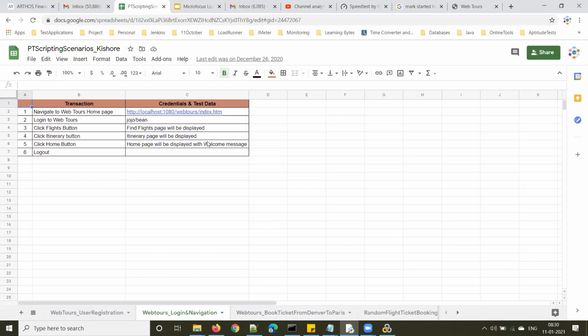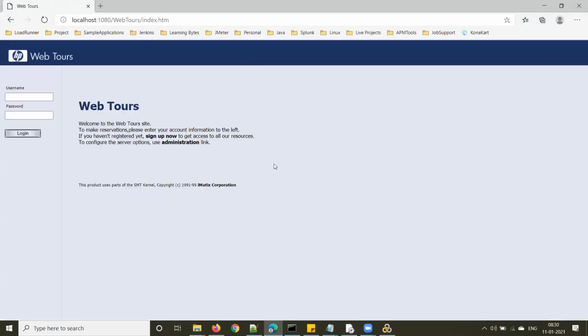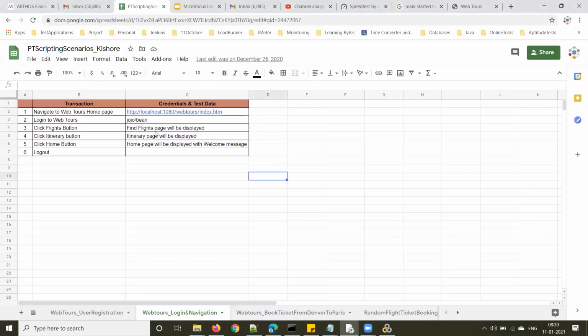All right. Before recording any application, first navigate through the application manually, right? First navigate through the application manually. So I copied the URL. I will use the Edge browser, or some other browser. First let us navigate through the application manually to make sure that there are no issues, and you are clear about these steps, right?